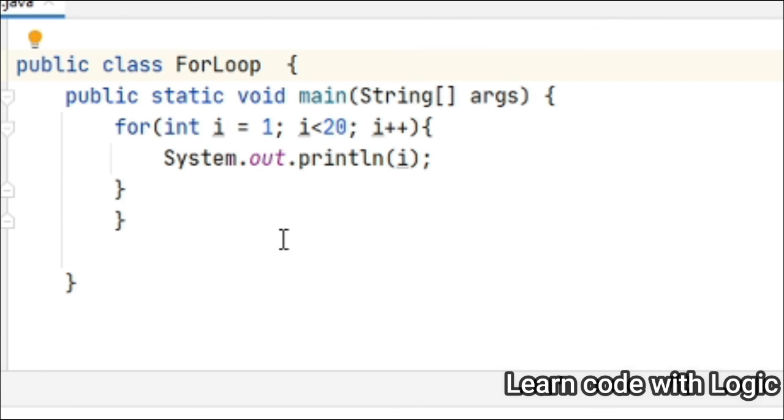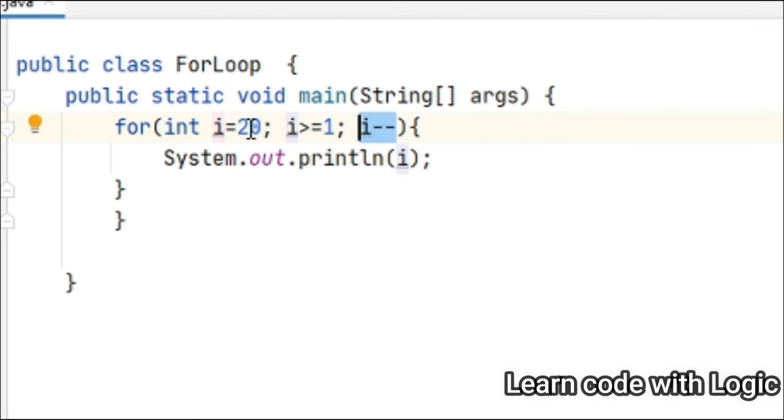If you have seen my previous examples of while loop and do while loop, now you can feel this is very simple when compared to those two. Now let's understand what is inside the for loop. This is initialization, meaning the starting point. This is a condition. I can also say this is the ending point. This is the incremental operator. You can also give a decremental operator as well. That time it should start from the highest point to the lowest point.